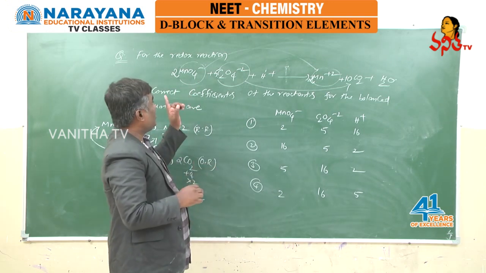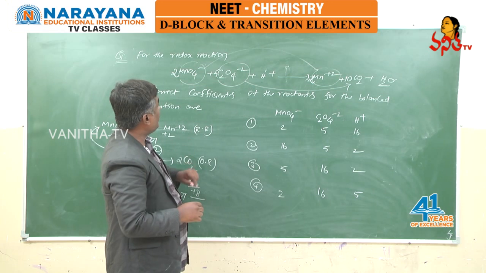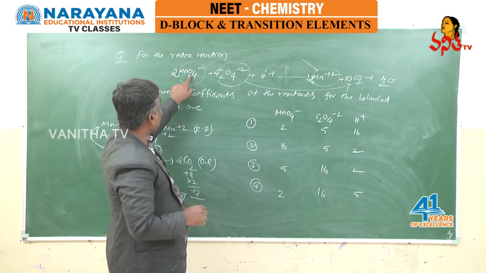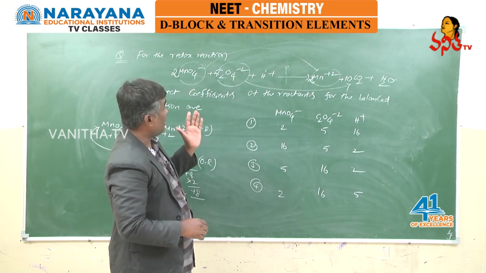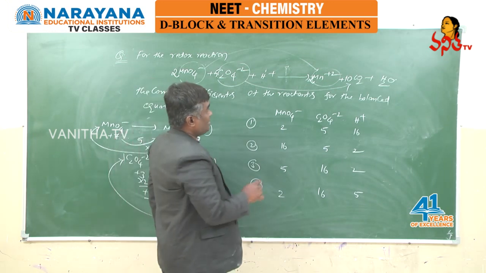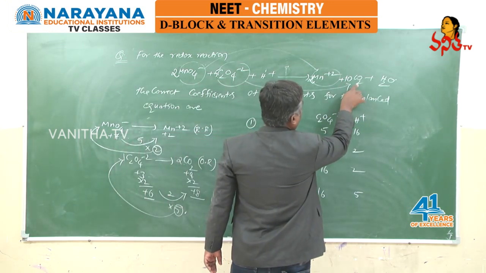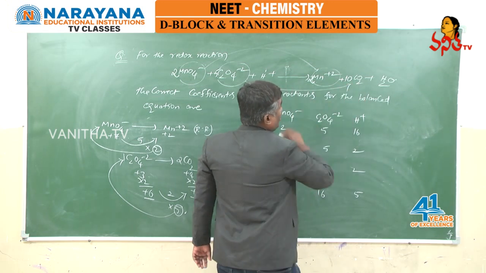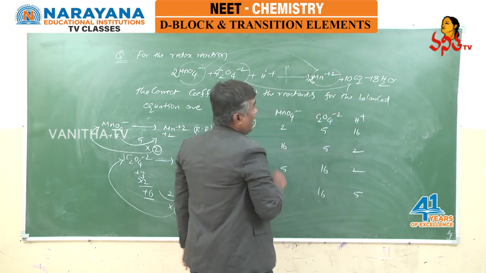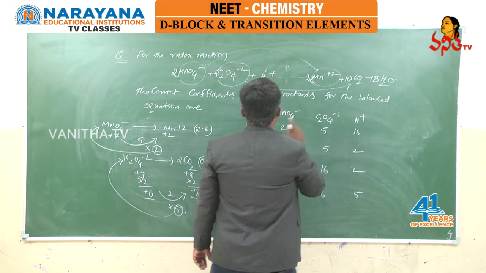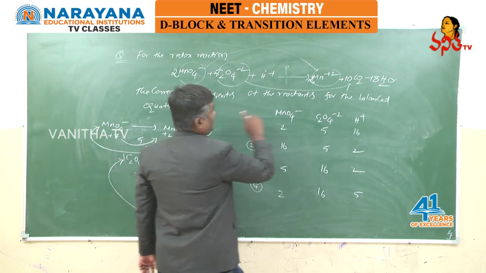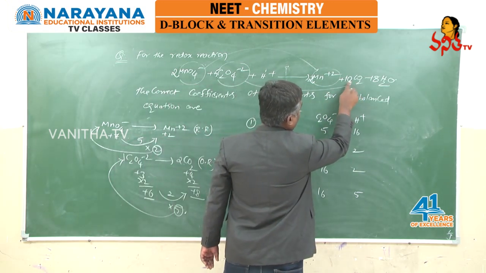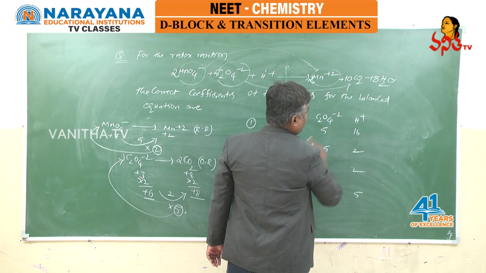And here if you look at this reactant side, how many oxygens are there? 2 4s are 8 oxygens, and here 5 4s are 20. 20 oxygens plus 8 oxygens means total 28 oxygens are present, whereas here 10 2s are 20. So we should make it 8 H2O. And here if you make it 8, let us see, 2 4s are 8 plus 5 4s are 20, 28 oxygens. Here 10 2s are 20 plus 8, 28 oxygens.